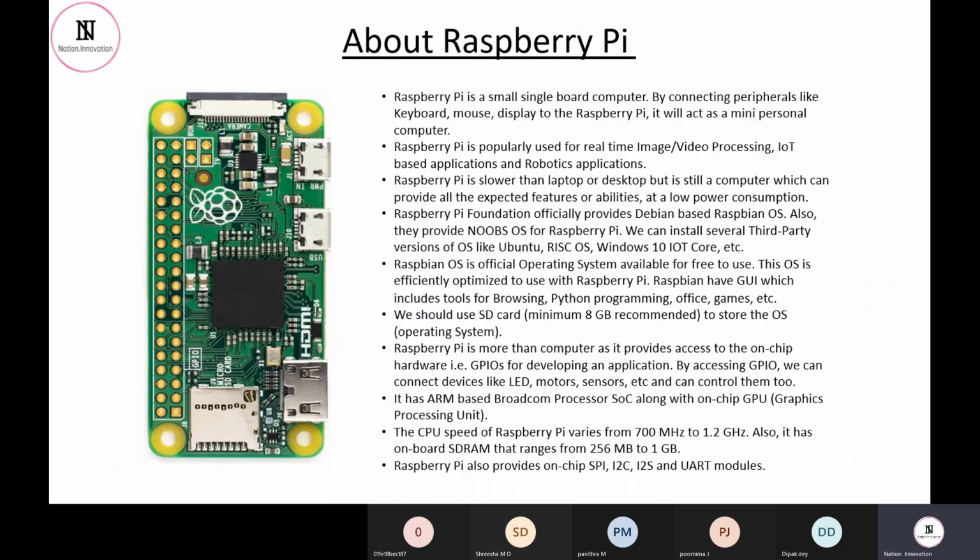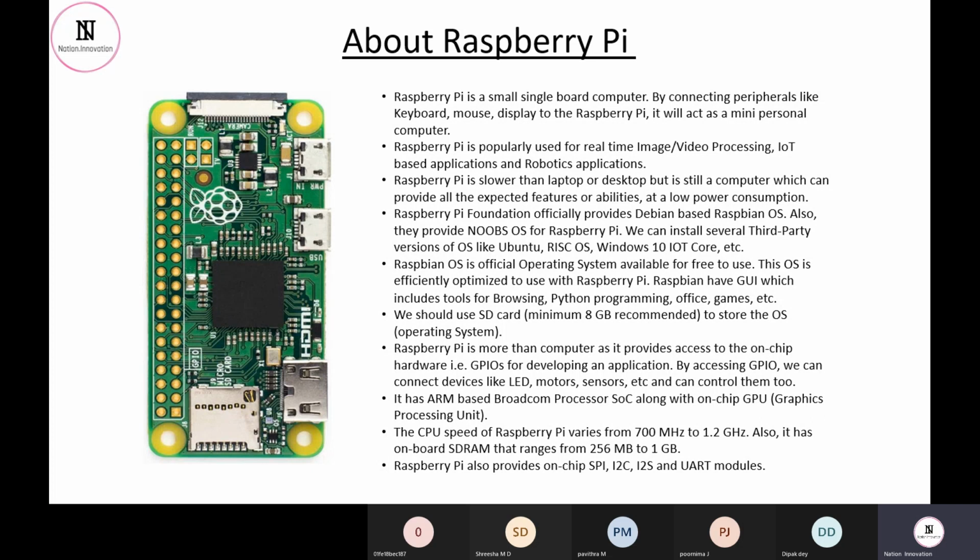Now the next board which we can consider is your Raspberry Pi. The main thing with the Raspberry Pi is that it's not a microcontroller, it's a microprocessor. Fine. From the word microprocessor, you might be getting the point: the computation disadvantage which was there in the Arduino will be eliminated in the case of the Raspberry Pi. Now, if you want any kind of IoT projects, real-time simulations, real-time image and video processing, you can surely do that on it.